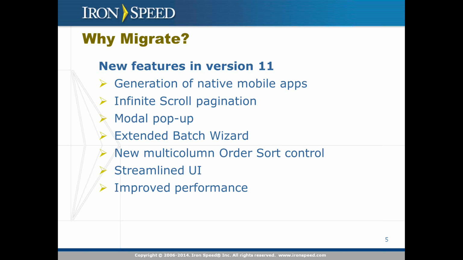We also extended our page wizard with a bunch of new functionality, which allows you to modify properties of specific controls globally, such as convert all my drop-down lists to quick selectors or vice versa, or open all my add record pages in the modal pop-up, and this type of thing. We added a new type of sort control, which allows sorting by several columns. We changed the UI of the designer to make it a bit simpler and easier to navigate, and we improved performance